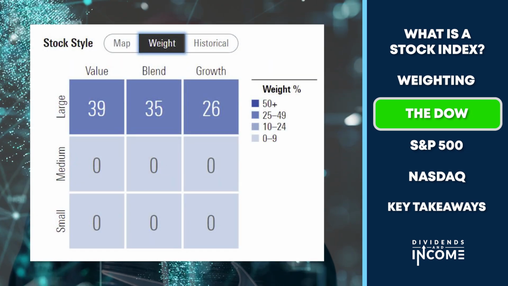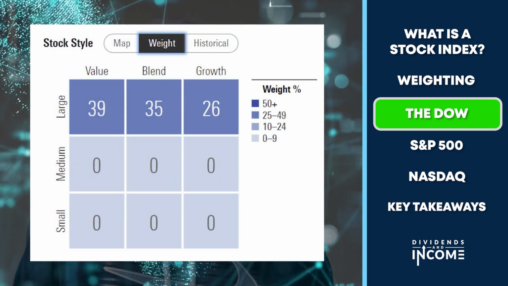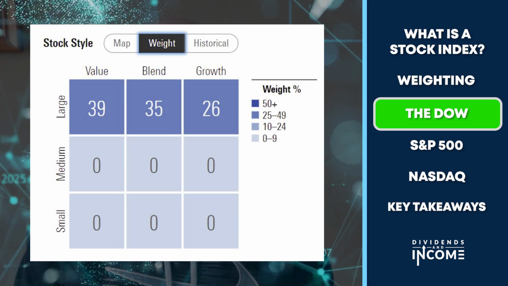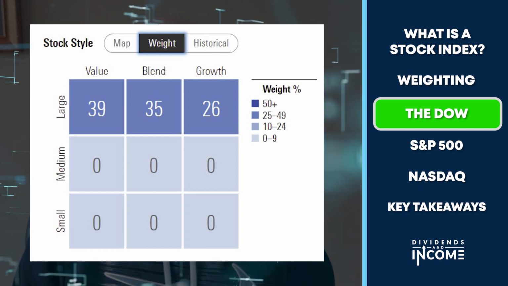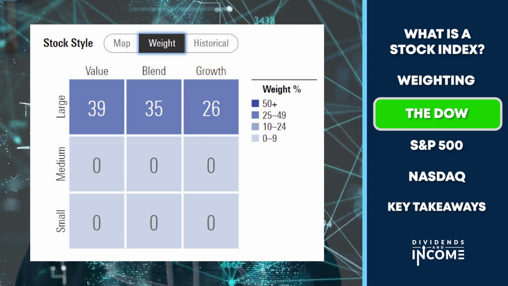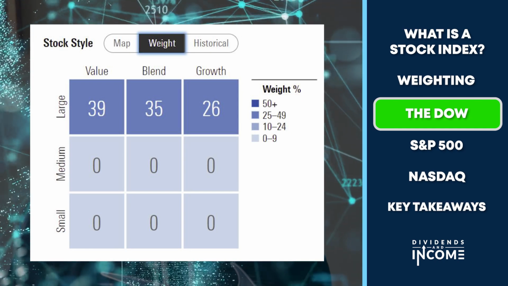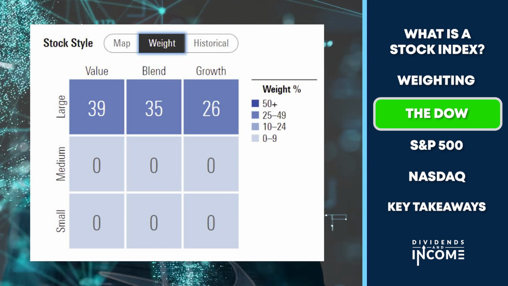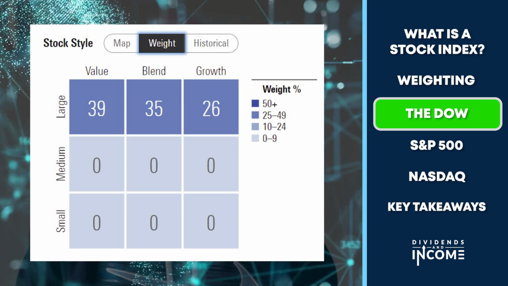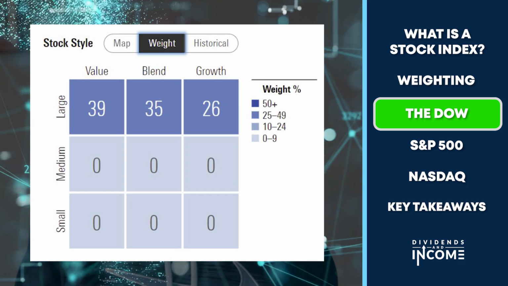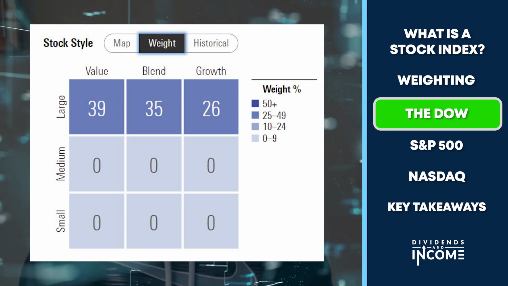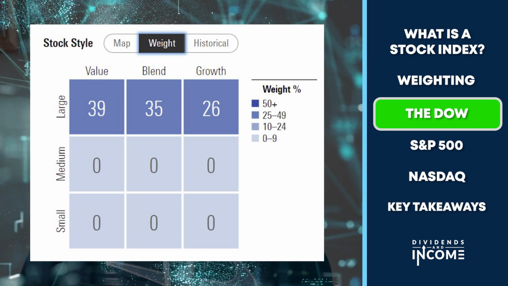Here's the Morningstar style map for the Dow 30. The style map, if you're not familiar with it, is a creation of Morningstar to give a quick overview, a snapshot look at the stocks that are in an ETF. And in this case, I chose the ETF that represents the Dow, so it's the same breakdown. The numbers in the boxes are percentage weights of how much of the index is contained in that kind of style box. And the style boxes are divided up and down by size: large stocks at the top, medium-sized stocks or mid-cap stocks in the middle, and small-cap stocks at the bottom.